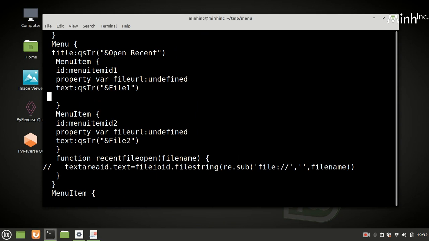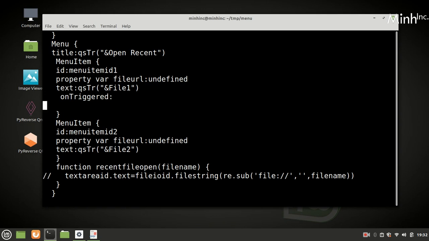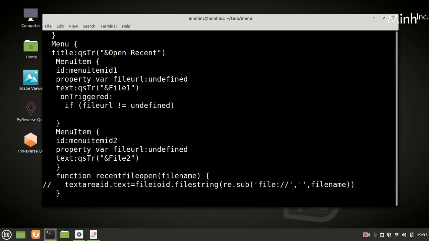Now we'll say on triggered, if file URL not equal to undefined, then text area ID dot text equal to file IO ID file string and file URL. We'll copy this there also.